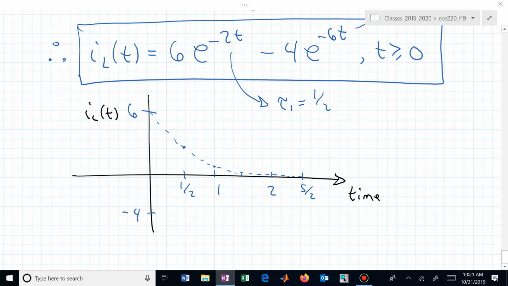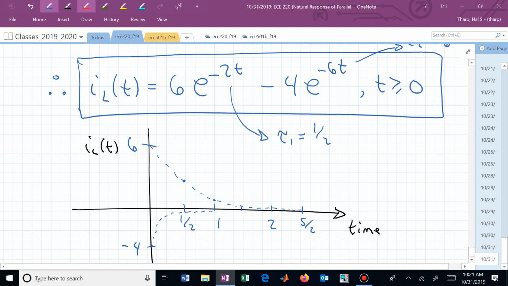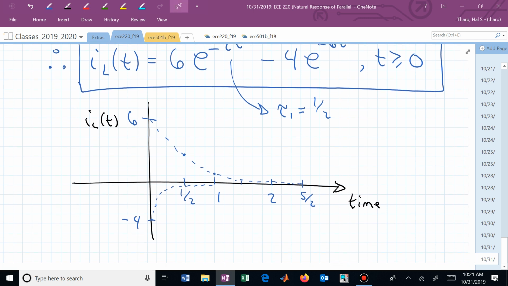So now by the time it gets to 5/6, which is a terrible sketch, but it's looking like that. And what do we know? We now know that if we combine those, 6 and -4, we're starting at 2. Then what happens? Well, this one dominates a little bit. By the time we get to 5/6, we're pretty much following this top curve. So that's now what the I sub L of t looks like